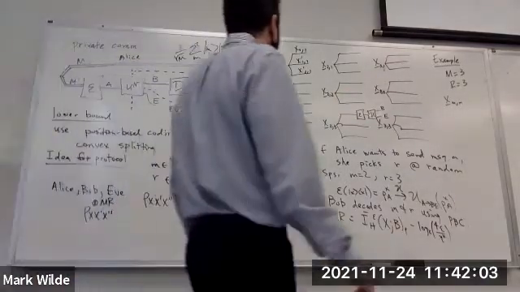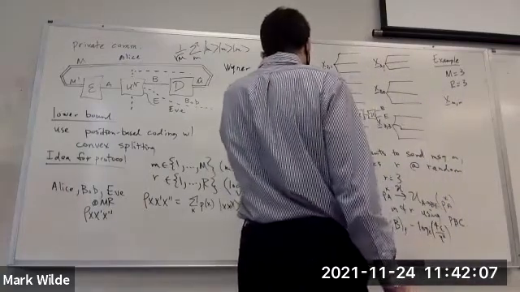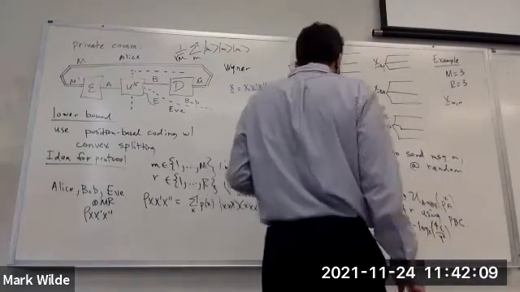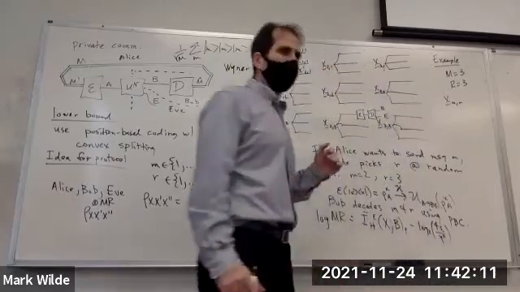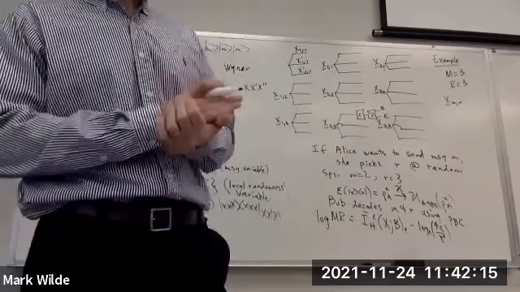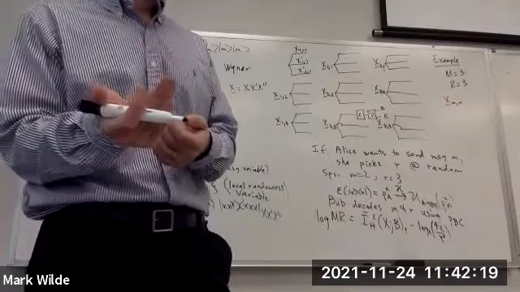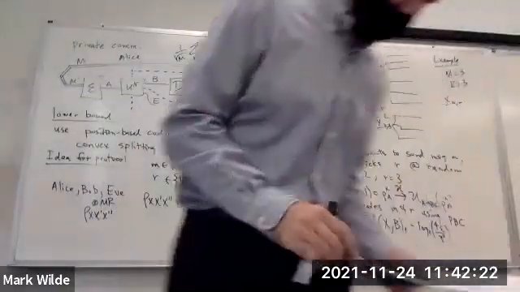Okay. So now, what is the new aspect? We have to think about Eve's reduced state for a fixed value of the message, but a uniform choice of the randomness. Okay, so